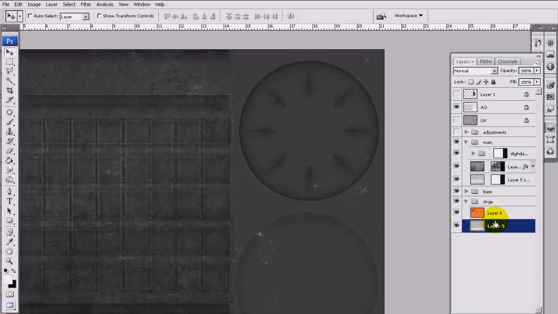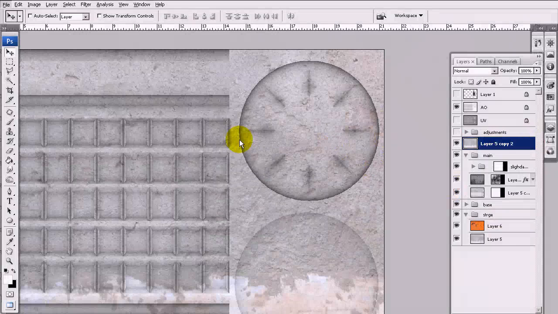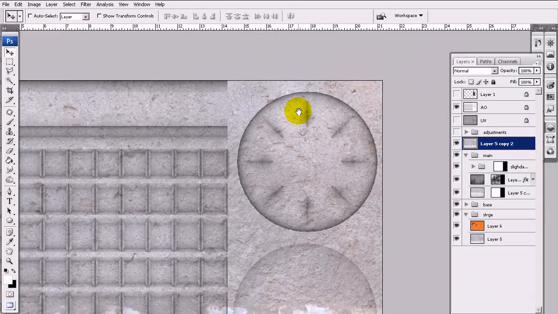Duplicate the bare plaster, and I actually do want to use this part right here. To create the mask, we could use the circular marquee, but it's always coming in at an angle. So we're going to use the ellipse tool. Select the ellipse tool. Make sure it's on paths only, and select a little bit around